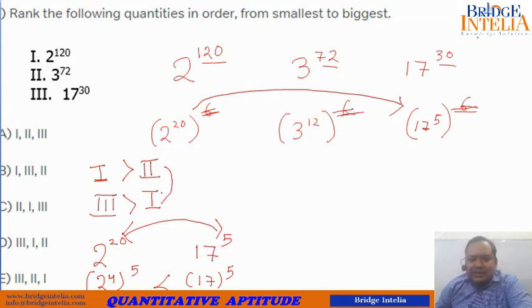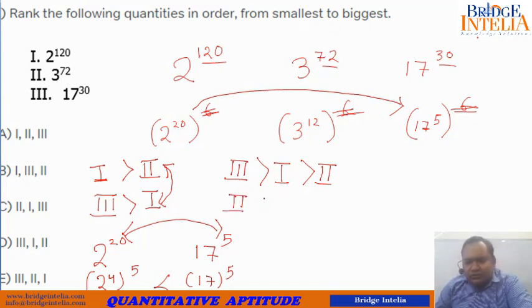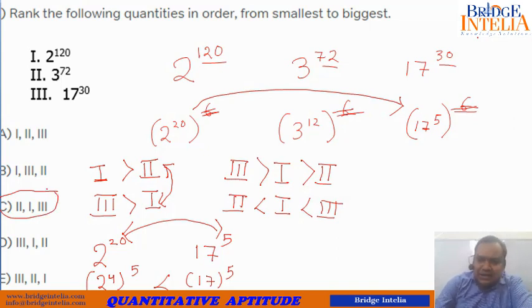If you combine these two findings, you can easily conclude that option 3 is greater than option 1 and option 1 is already greater than option 2. So this should be the correct sequence: 3, 1, 2. Here we have been asked to arrange from smallest to biggest, so we just reverse this order. 2 is less than 1, which is less than 3. So the correct order from smallest to biggest is 2, 1, 3. Option C is the correct option.